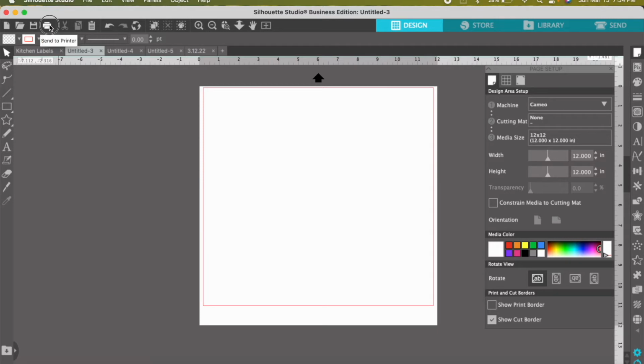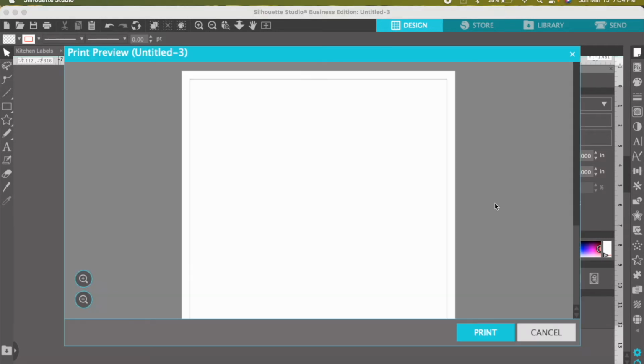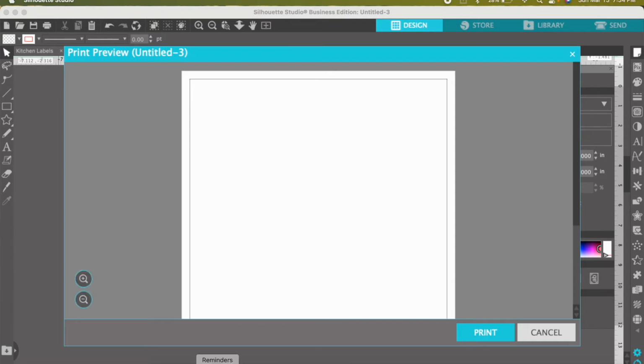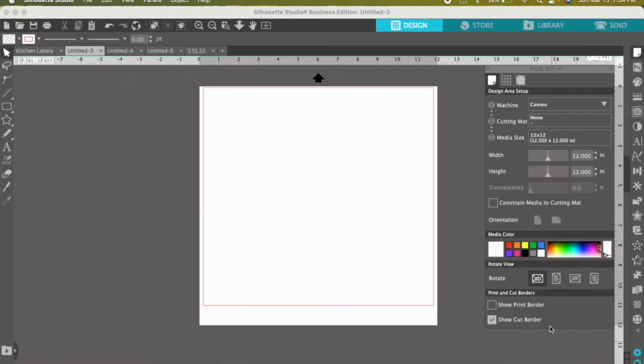And next is print. Whenever you hit print, it's really nice. It always shows you this print preview, so you can see exactly what is printing, but I'm going to cancel that. What's nice about this is you don't have any limits on your sizing with printing, so you don't have to worry about being in a 6x9 box, which is another awesome feature and 100% worth it with this as well. So next is cut, copy,